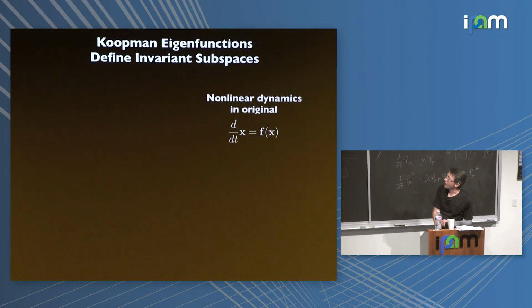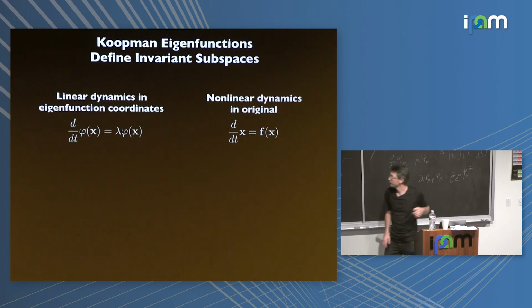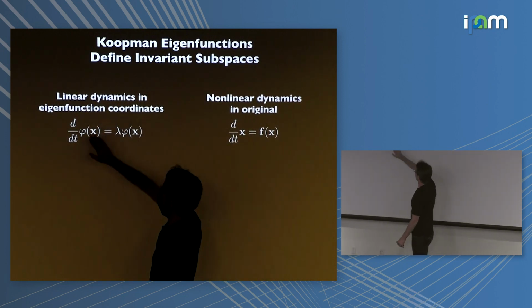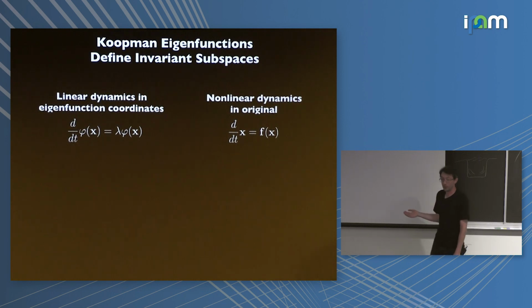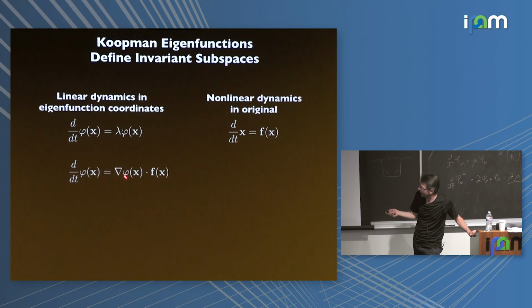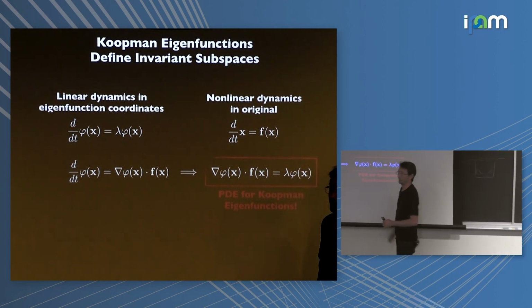So the way you actually solve that x dot equals x squared eigenfunction, I'll walk you through it very quickly. You have your original dynamical system, x dot equals f of x. You want to find some function phi so that phi dot equals lambda phi. You just do the chain rule, and you get grad phi of x dotted with x dot, and based on x dot equals f of x, you substitute that in. This expression has to equal lambda phi. This is my partial differential equation in terms of phi of x.